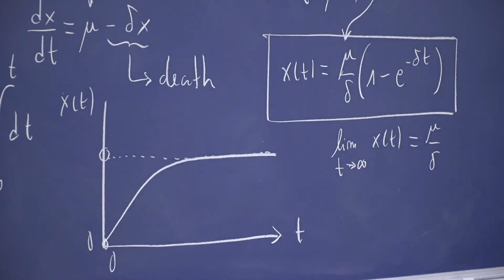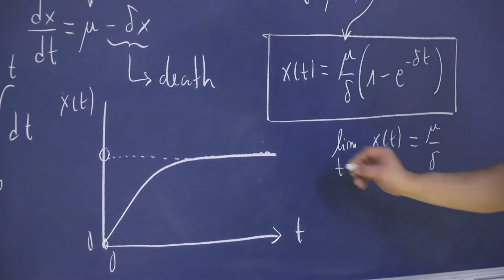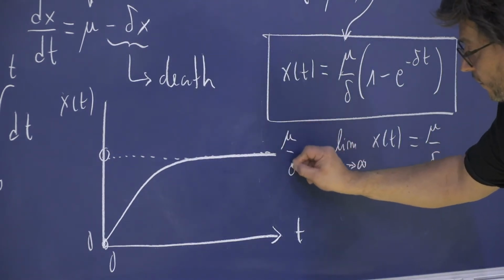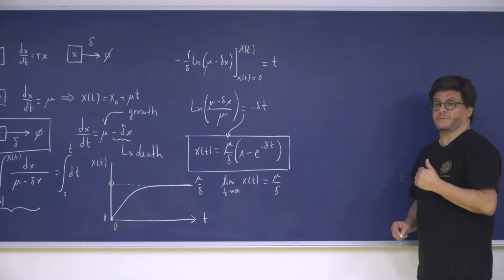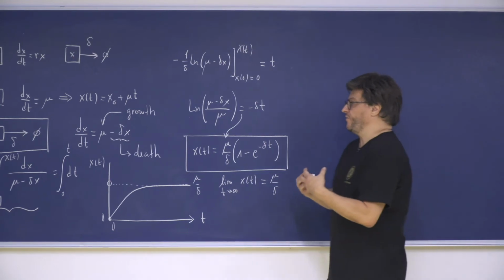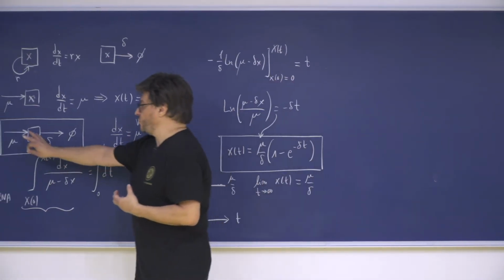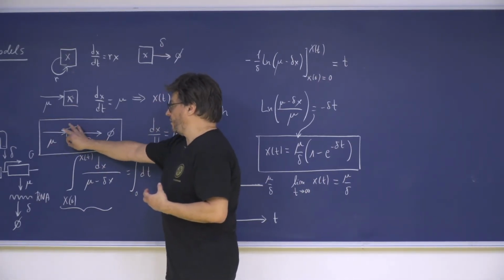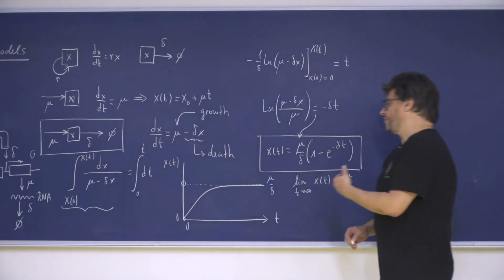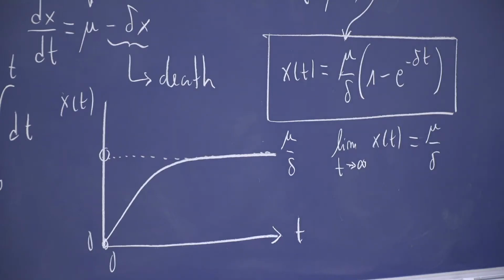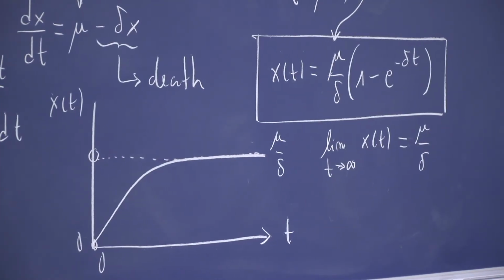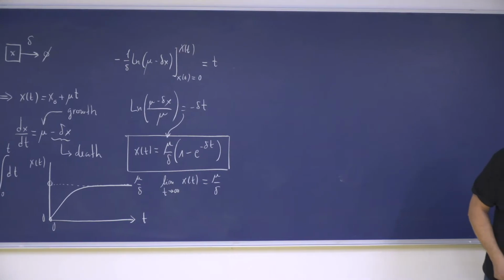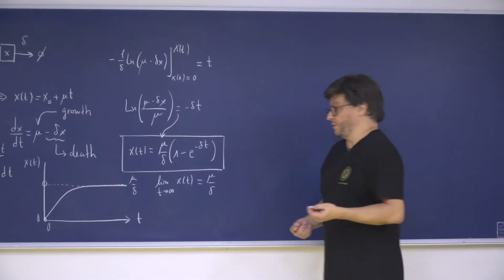All right? It saturates to a constant value. So it's mu over delta, right? Well, that's one first thing. Two processes of very different nature, one a constant, another depending on the population, leads into a saturation value. And an important part of this is that this saturation state is what we call an attractor of the system,